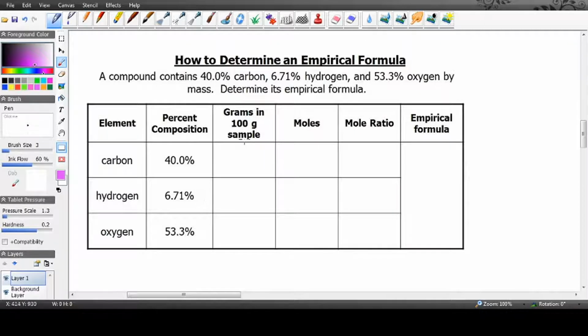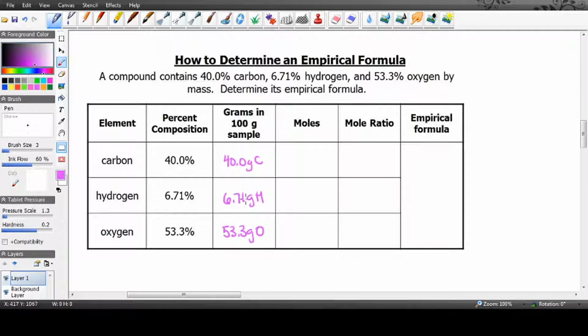So I like to assume a 100-gram sample, because if I had a 100-gram sample, that would mean that I had 40 grams of carbon, 6.71 grams of hydrogen, and 53.3 grams of oxygen. Right? So the easiest thing is to just assume a 100-gram sample and then you can turn your percents right into mass values. The next thing that we need to do is turn these grams into